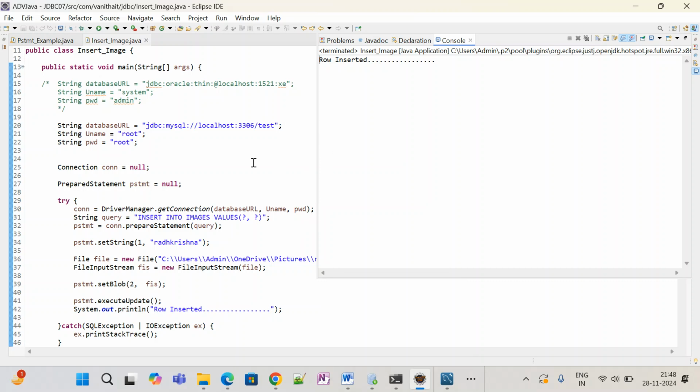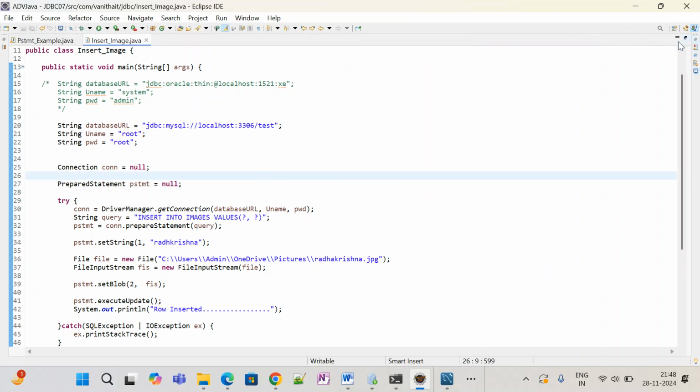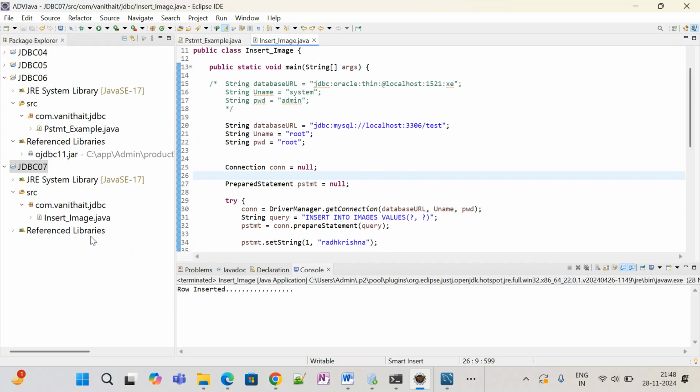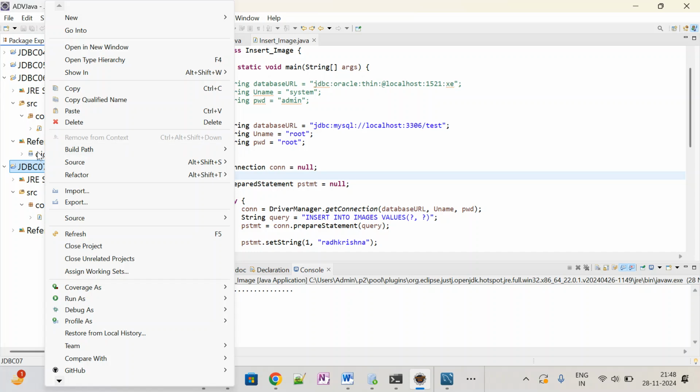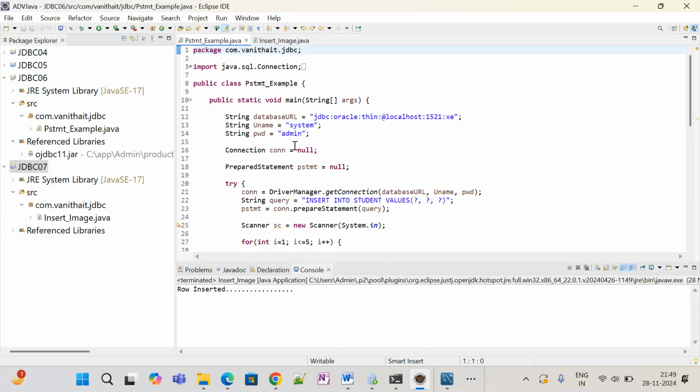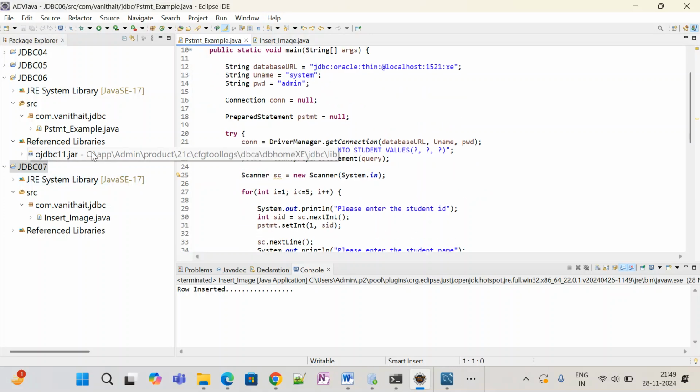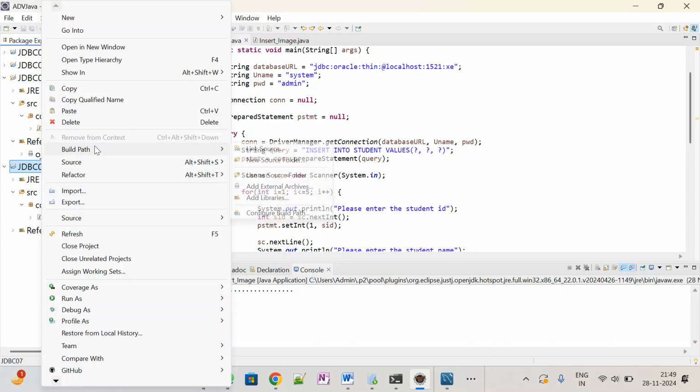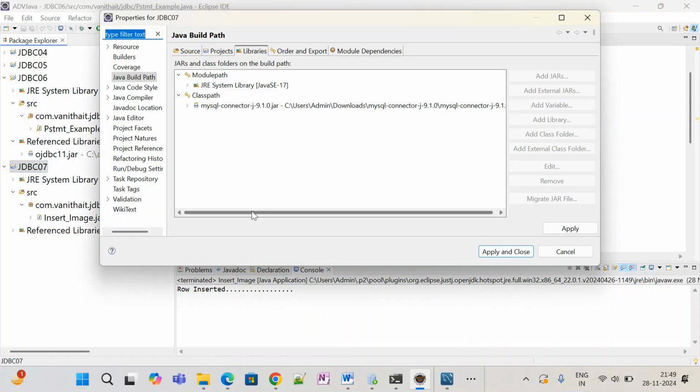This is the code that we have already executed. When I minimize this, you can see which jar files we have added. Earlier we added OJDBC 11 for our prepared statement. In the prepared statement, what is the jar type we have? OJDBC 11. Now in this one, what is the jar file we have? Just go here, configure build path.